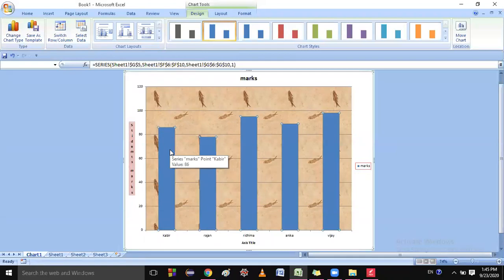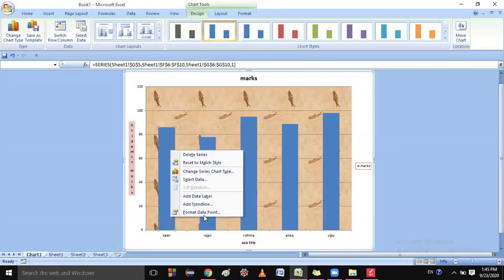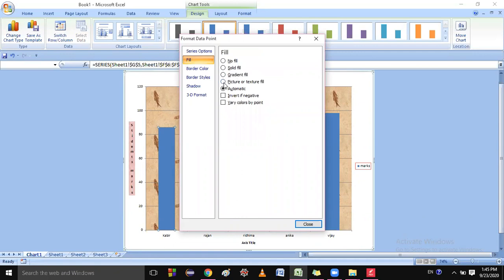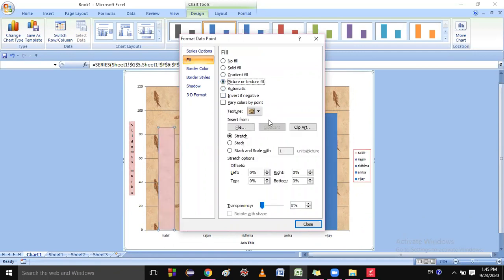Right click on the data series. Just right click and format data point. Right click on the data, select the format data series option from the shortcut menu, the format data point. Let me do it. You can also do it.